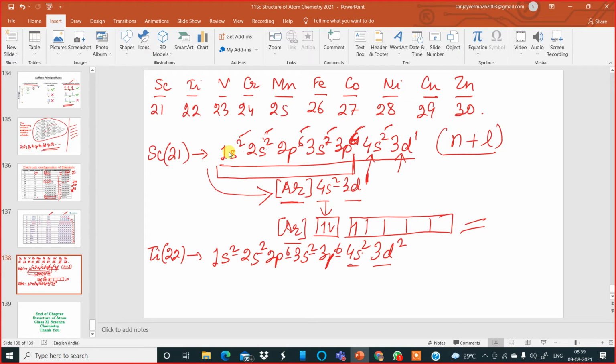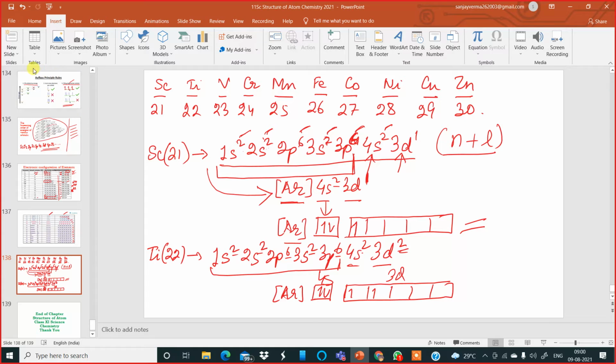Now, till here, it is argon, no? So I can write down argon and then draw 4s orbital. 4s orbital, 2 electrons. Then after that, there is 3d orbital. 3d orbitals, 5 of them, 1, 2, 3, 4 and 5. And the 3d orbital has 2 electrons. So you must put the electron single like this, single. So this is the electronic configuration of titanium.